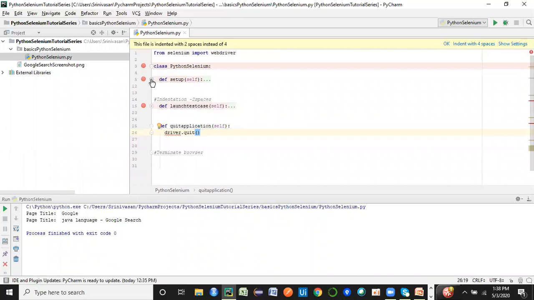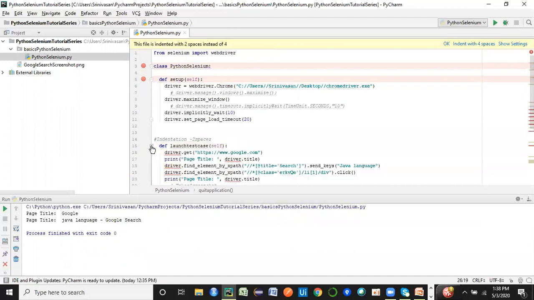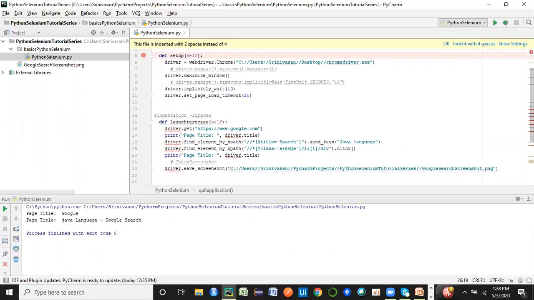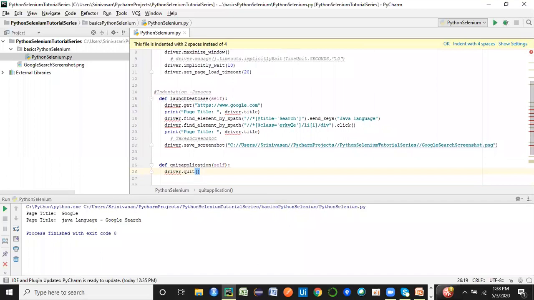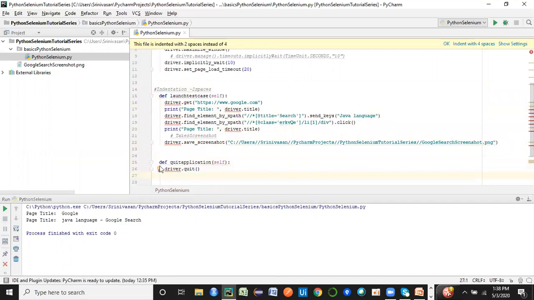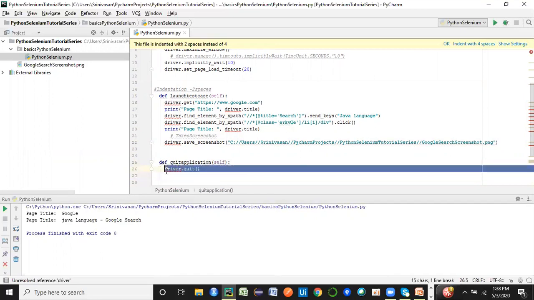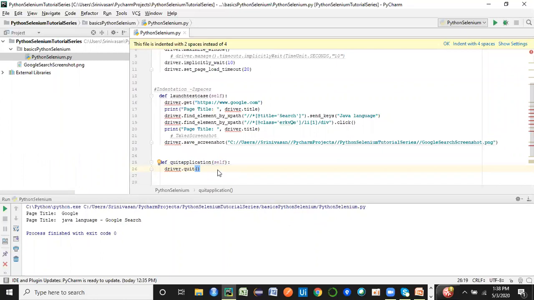Now let's come to the class. We'll just expand the individual methods, and we will ensure that they are at the same level, so that they are covered within the scope of the class, and even the lines of code should be exactly the same. That's how we are going to create the code in Python. Whatever lines of code are inside this method should be at the same level, same for the other methods as well. So we have created 3 methods right now.